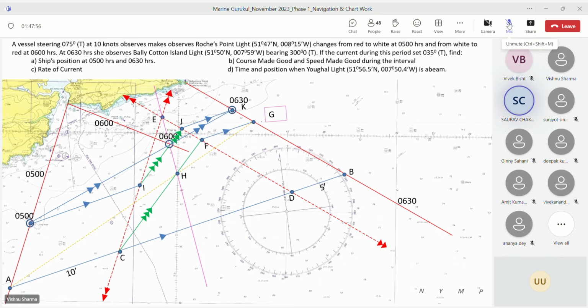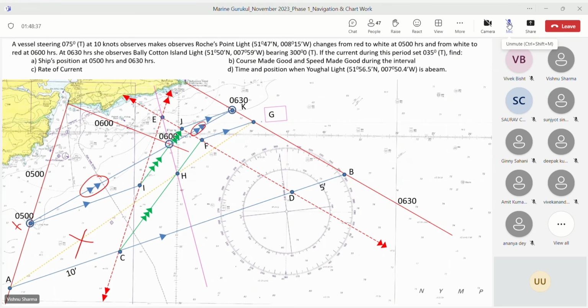Sir, I want to ask one thing. For the B part, the CMG, we have to measure the point X where you mark the 5 o'clock fix and, beta, 6:30. Basically these double arrow lines are the CMGs, na? So we have to measure that line or the earlier one, sir? AG. This is not CMG. Acha, okay. They are not parallel. This is a mistake many people make. They are not two parallel lines. Okay, sir. AG is not parallel to XK.